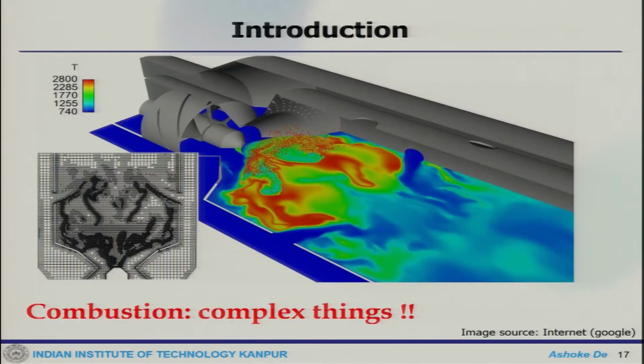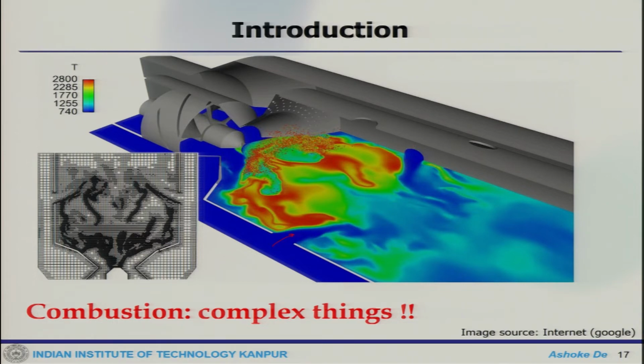Now, this one will give you an idea about the kind of complication. This is again an image adapted from the internet, an individual cut section of a gas turbine combustor. You see the swirl vents through which the air comes in and gets the swirling energy, and here a liquid fuel is injected, and reactions take place. Then you have secondary and tertiary injections. These are the holes which are used.